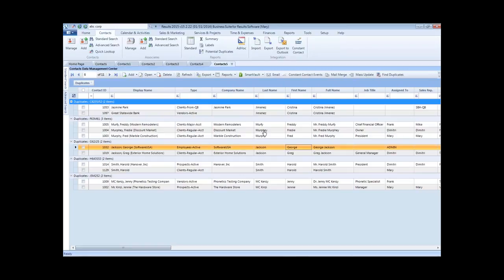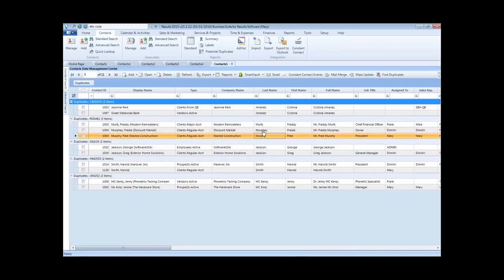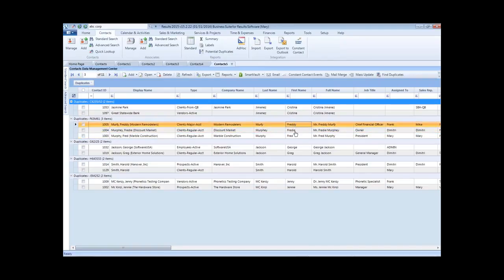How about Murphy, written with a PH versus FY, and with an EY or without an EY, and Fred versus Freddie, and Freddie written in two different ways. From a Soundex perspective, these are identical. They're truly identical. So when you would go and search for Freddie from the name search using standard search and